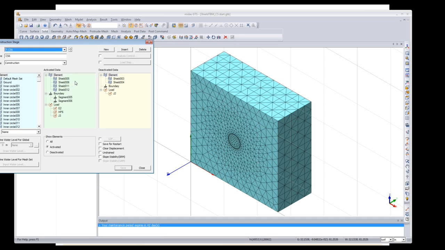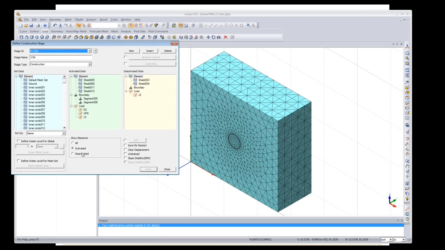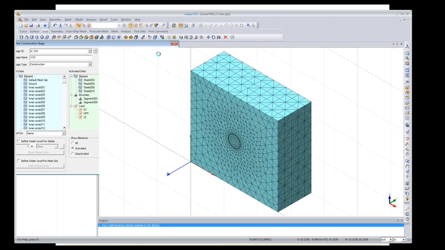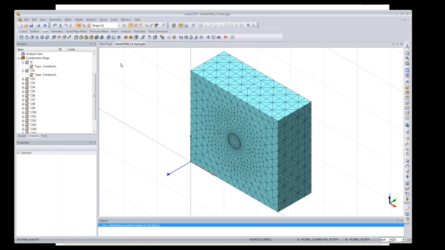So you can see the elements are activated and deactivated, and no other clear displacement that we're using. Alright, so in this manner you can quickly see and verify your construction staging, and now we'll apply the analysis